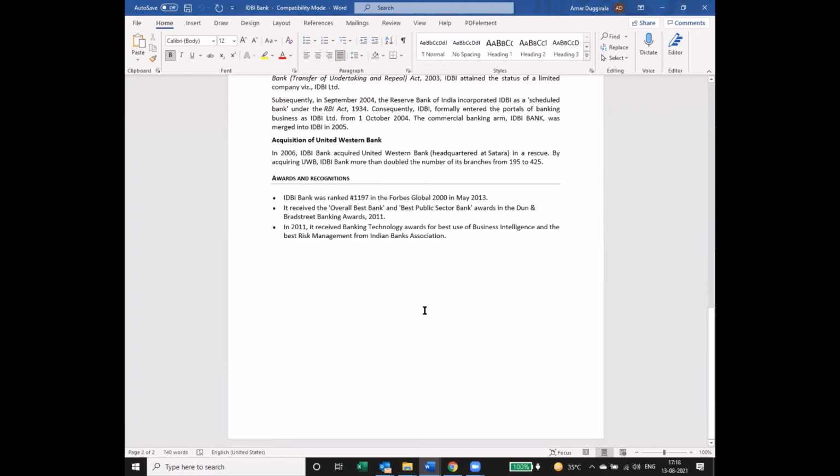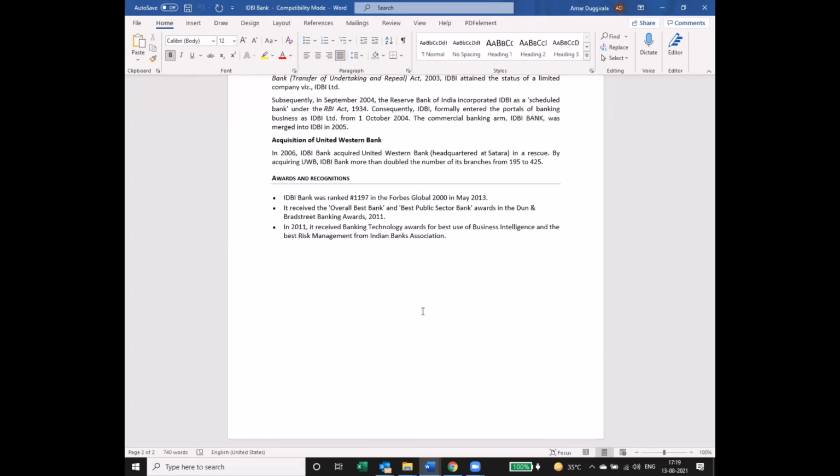diluting its shareholding from the central government, and now the central government owns only 52.67% of the total shareholding of IDBI Bank Limited. And I think they have an aim in the next 2 years to bring it down to 40%. The government of India would like to go public once again to sell off 12% of its shareholdings in IDBI Bank to make its profile more lucrative, profitable, and all.